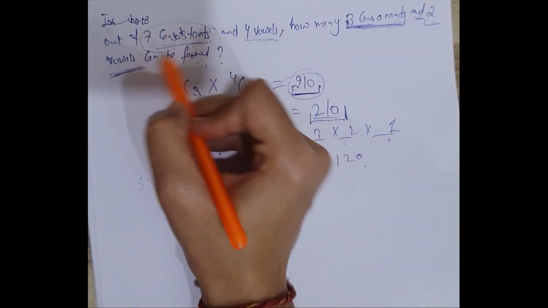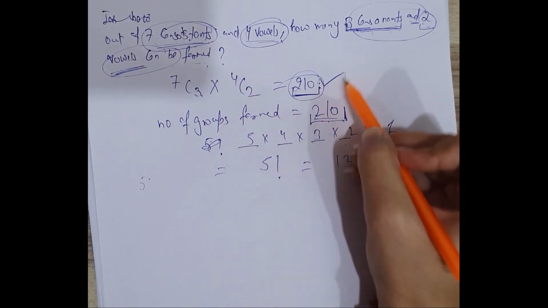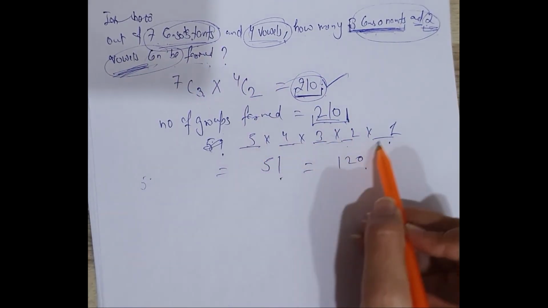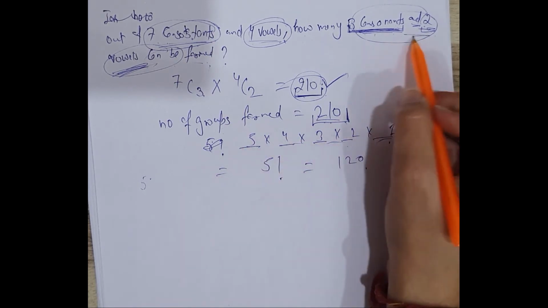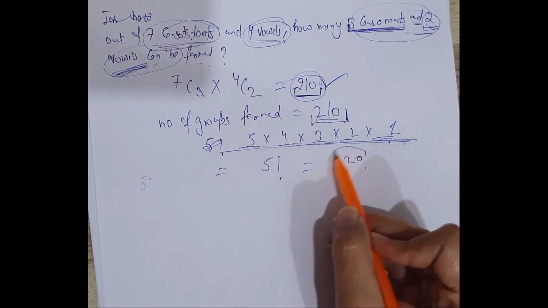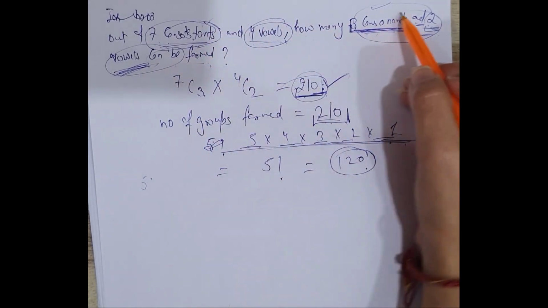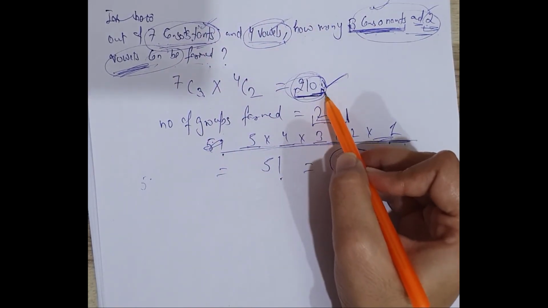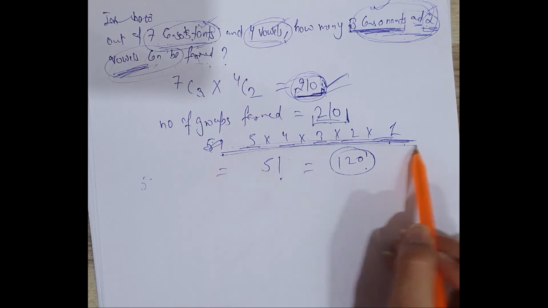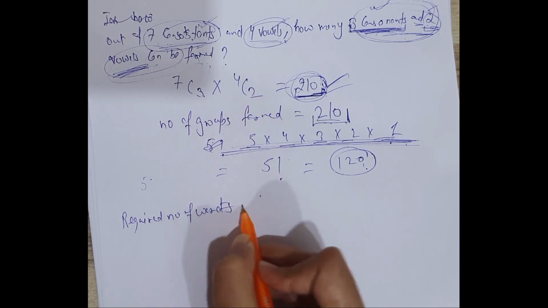This is out of 7 consonants and 4 vowels. How many consonants and vowels do we have to take? We have to take 210. Now due to this 3 consonants and 2 vowels, 5 letter words will be there. And how can we arrange this 5 letter word? If we arrange this, answer will come out to be 120. This is the answer of the choice that we have to make from 7 consonants and 4 vowels, and answer came out to be 210. And these letters will be arranged like this. Required number of words that are made like this will be.